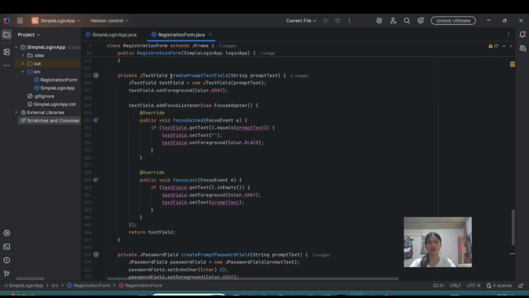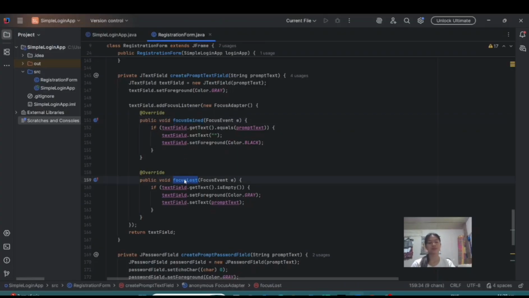So next, createPromptTextField. The function of this is that it creates a text field with a prompt and grayed out hint text. It makes the text field look user friendly, and it uses a focus listener to handle the prompt. When the text field is clicked, it gets focus and the prompt disappears.